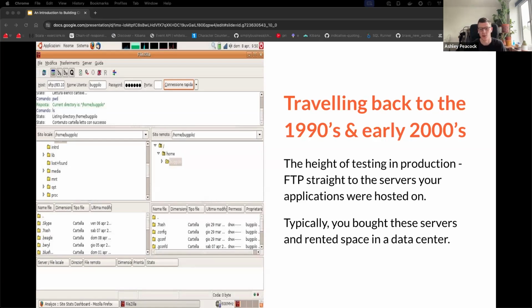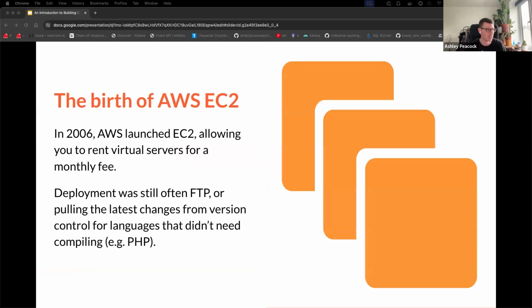On the flip side, if you were a big enterprise company, you didn't use shared hosting, of course, you would use dedicated servers. That unfortunately involves buying servers. You then need to ship them to a data center. You need to pay to host them in a data center. And you need to pay probably someone to maintain those servers for you. And that lead time can be anywhere from weeks to months, depending how long there is a wait for the servers. It worked well, but Amazon decided they wanted to change the game a little bit in 2006, and they